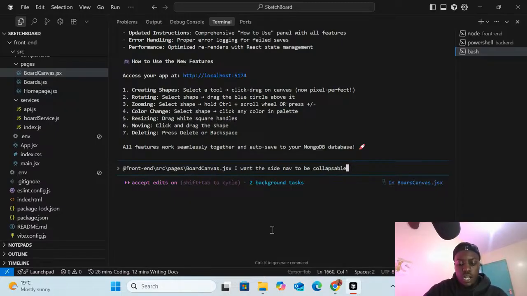I want it to be collapsible. So collapsible, it will understand collapsible. So that is feature number 1. Feature number 2, so this was feature number 1. Feature number 2, I want